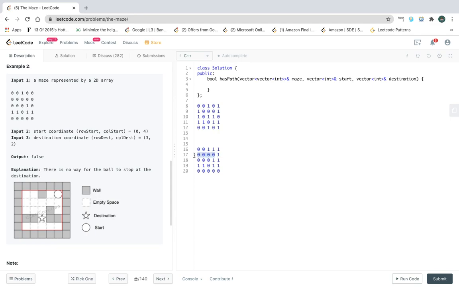Now we can go in this direction, and now we are here. Then we can go downward, and now we are here, because this is a wall, right? So we have to stop here. Now we can go here, but there is a wall, so we have to stop here. So now we are here. From here, either we can go to this 0,